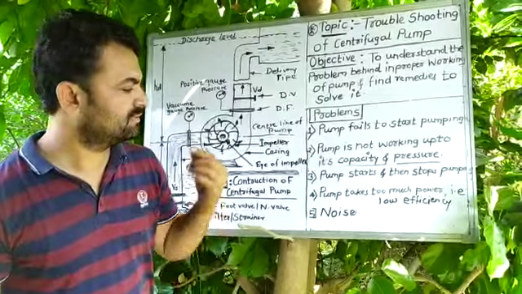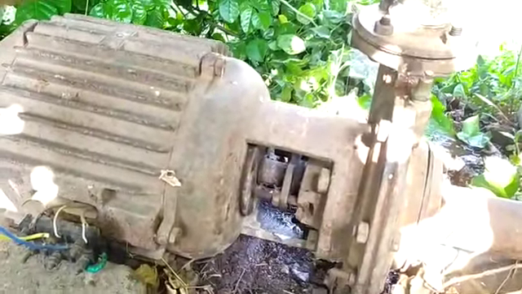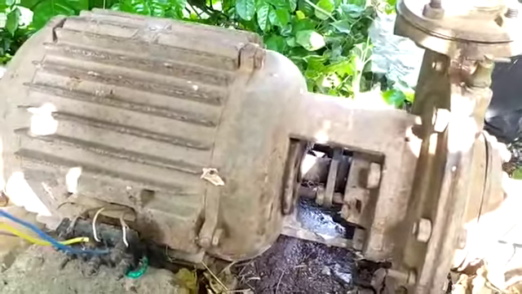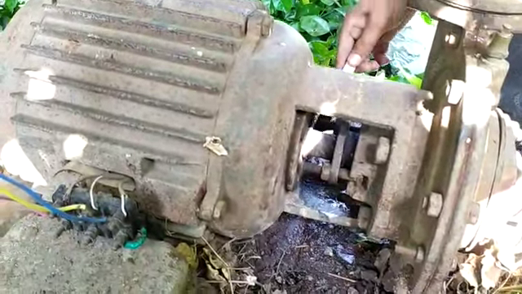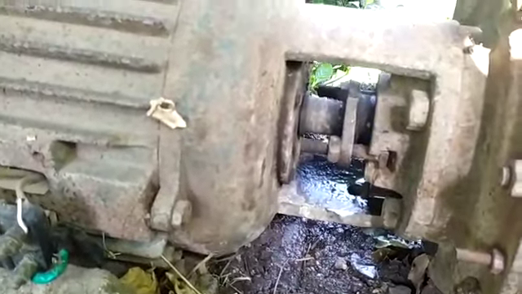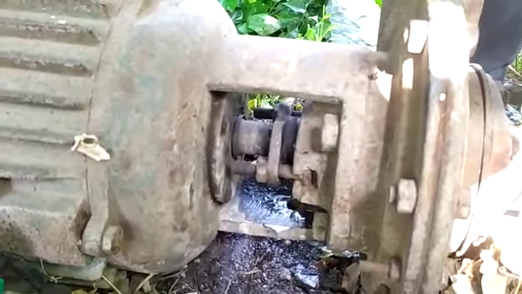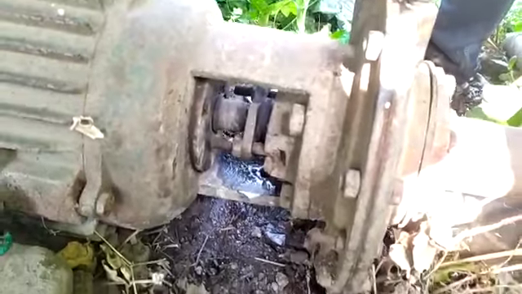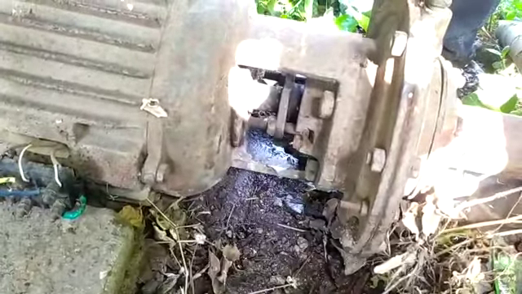The last problem is noise. It's a very simple reason. When you start the pump, there may be tremendous noise, and it may happen because of failure of the bearing inside the shaft. Bearings are put over here, a bearing may fail, and it may cause the noise. Second, the impeller may rub against the casing, and it may also lead to noise. So we can replace the bearing and replace the worn out part. This is the solution for reducing the noise.